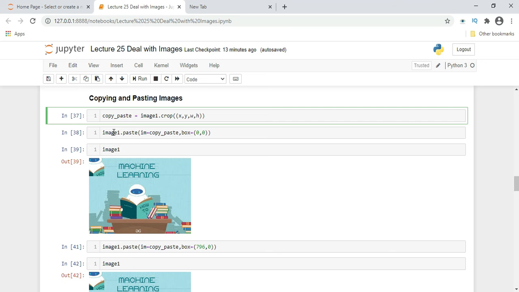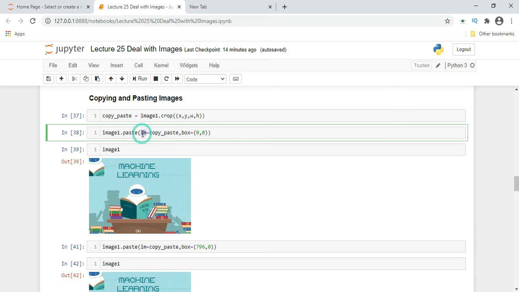Now we want to paste this image into the original image. So the image1 variable, where our original image is, we want to paste the cropped image on top of the original image. Then the paste function, inside it the copy underscore paste variable, where our cropped image is saved, and we are giving a box equal to 0, 0.